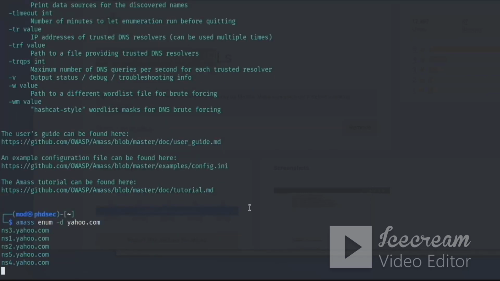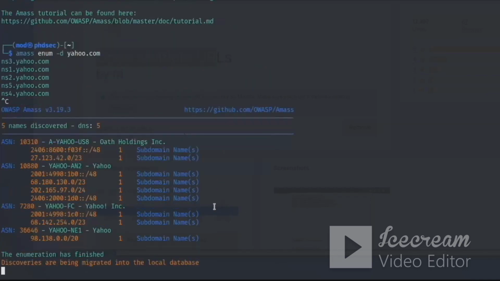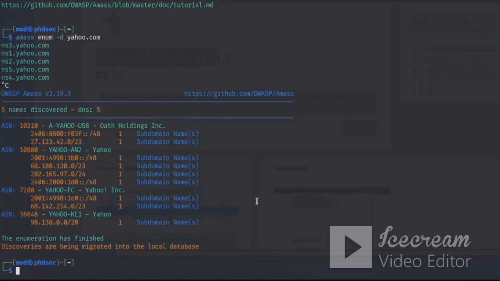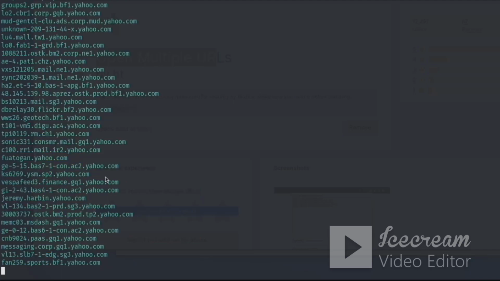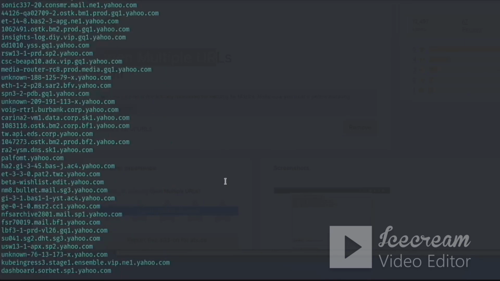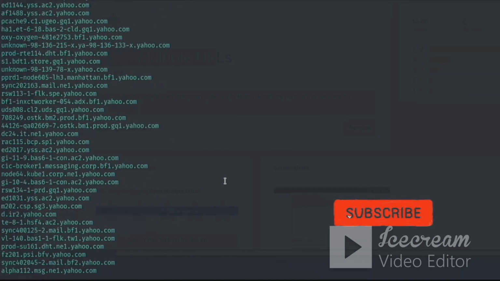Actually, now that I see this is running and it's taking a little while, let's go ahead and close out of this. I want to run an amass enumeration with -passive and then the domain, and this should run a little bit faster than what we had going. Okay, so amass is still running, but I want to show you